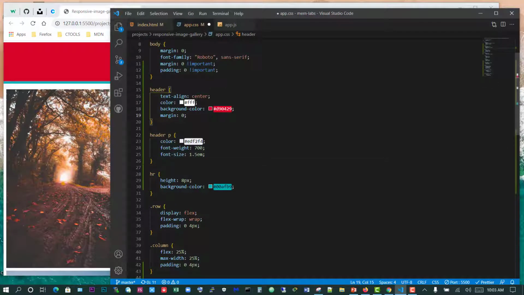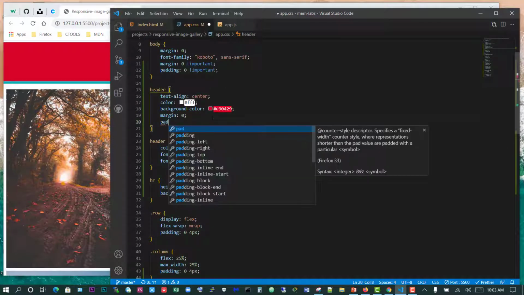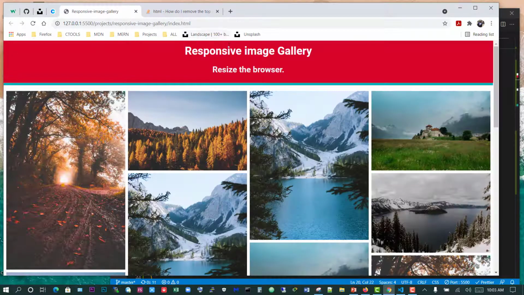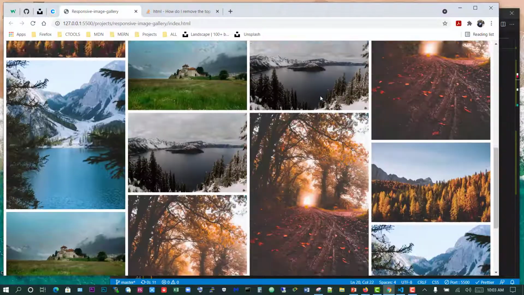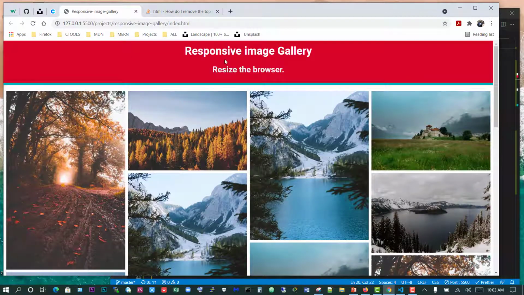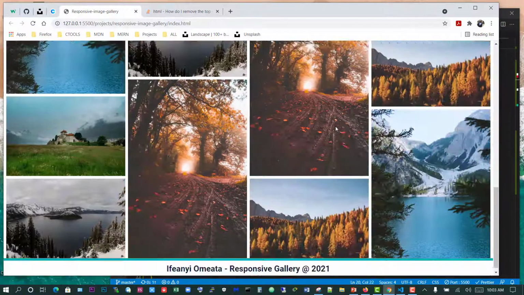So I'm going to say padding top, and let me just make that 10 pixels, and we can see that it's been separated. So I think this is the end of the gallery,